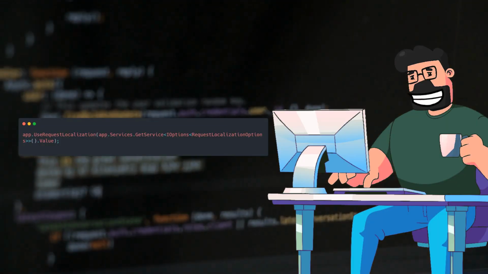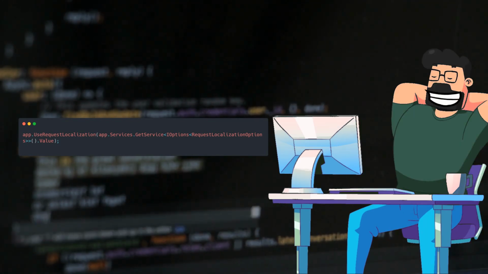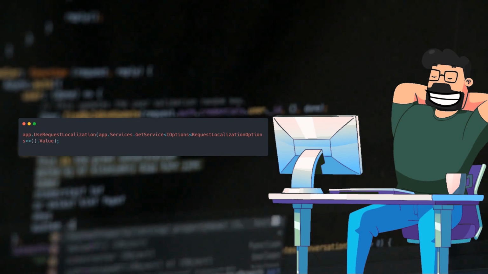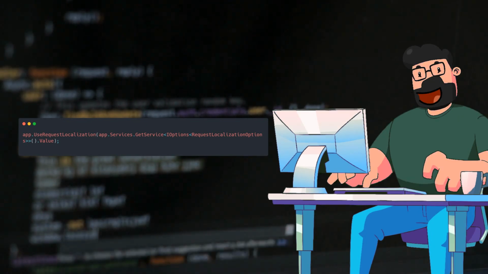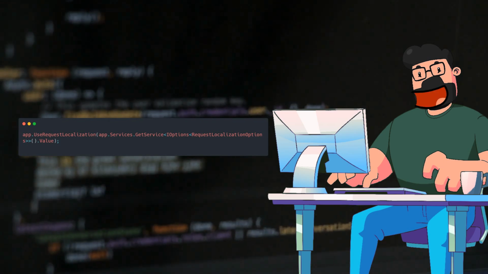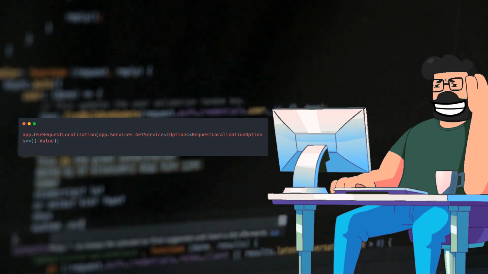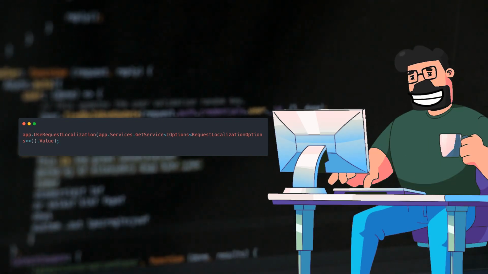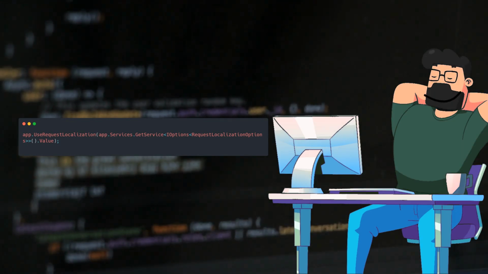Continuing with the solution, we can simplify the usage of app.UseRequestLocalization by retrieving the configured request localization options from the services and passing it directly to the method. This one-liner streamlines the process and avoids redundant specification of the default culture, as it has already been set in the request localization options. By following these steps, we can ensure that the application handles localization effectively based on the